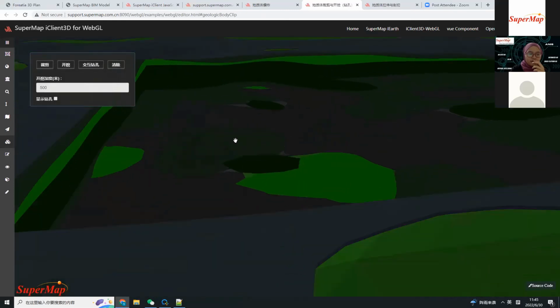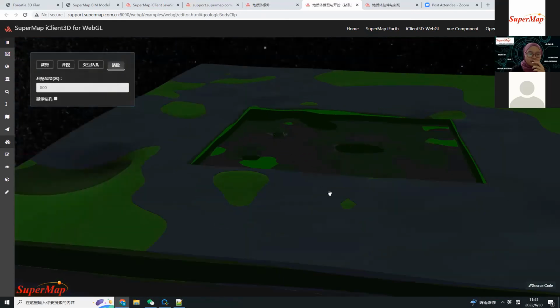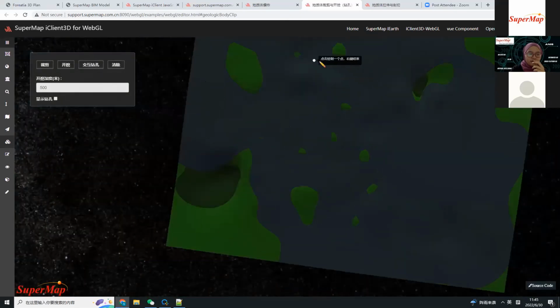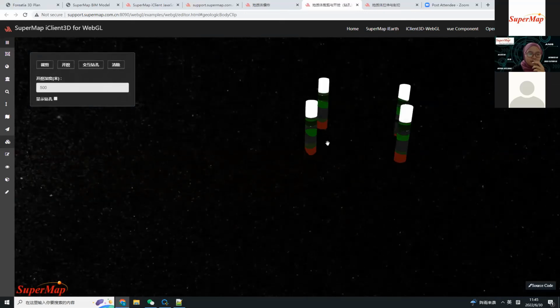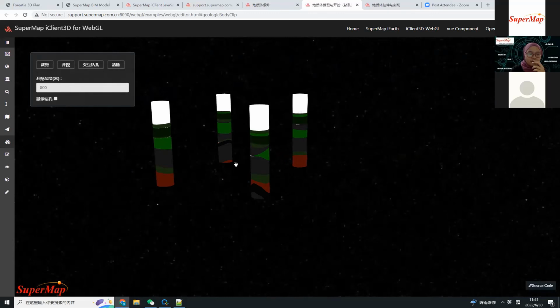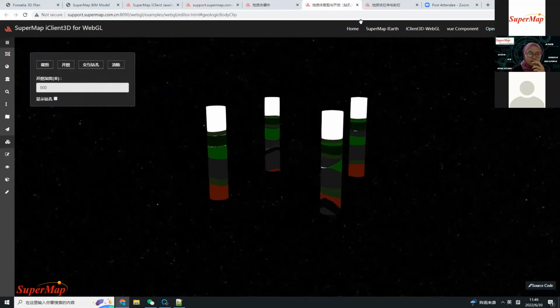Then here we can see the inner part of this geological body, and also we can display the drill holes. So all these operations can help you to better view the geological body, as well as we can view